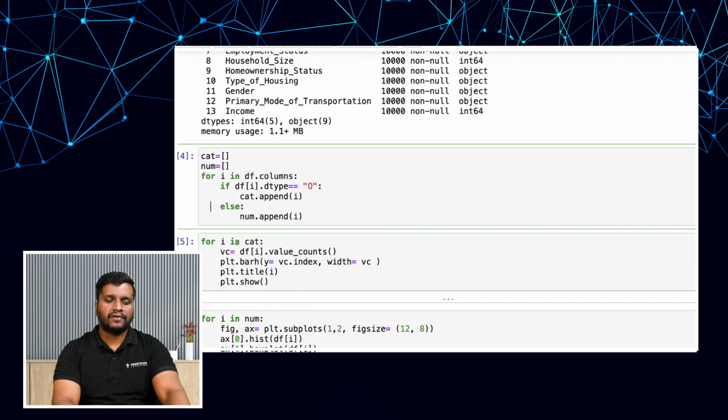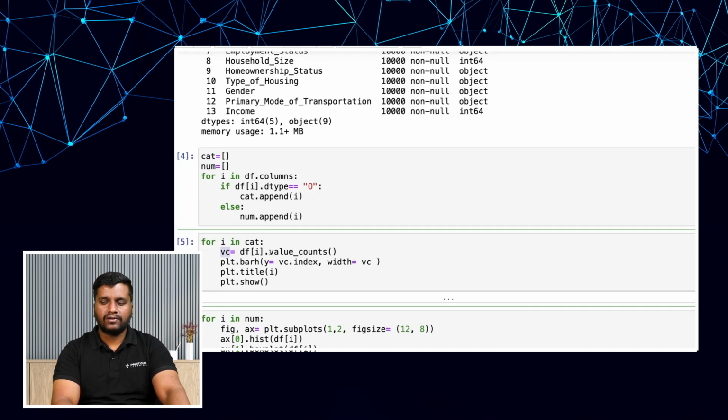We will create different types of charts. So if we are having categorical information, what kind of charts can we do? We can ideally develop a horizontal bar chart. So we are iterating over each and every column in cat, and what we are doing is we are creating value counts for each and every column. So for i in cat basically represents each and every categorical column. df of i means df and that categorical column. For that categorical column we will calculate the value counts, which will tell me the count of each category in that column,